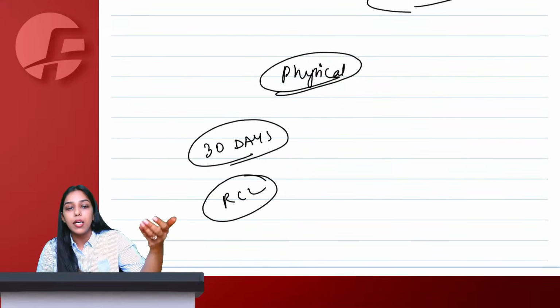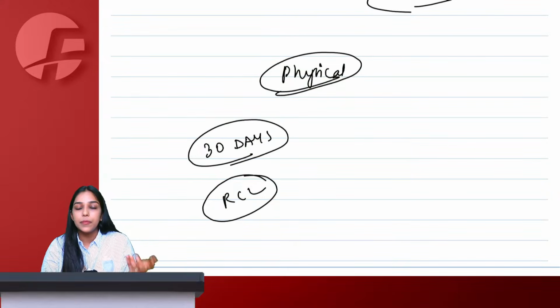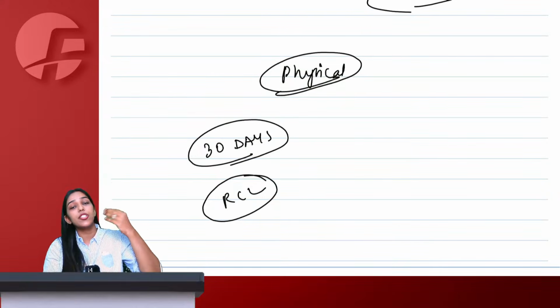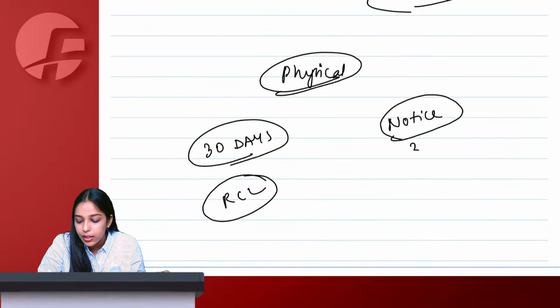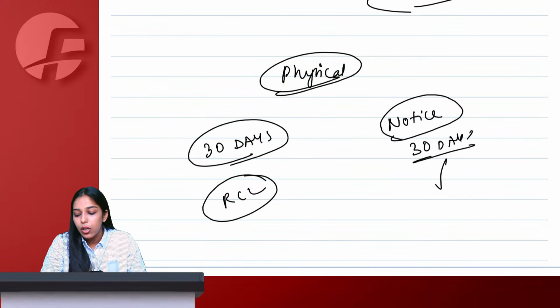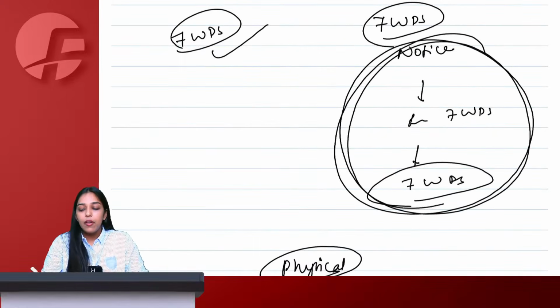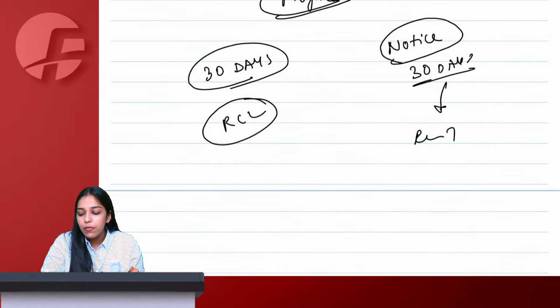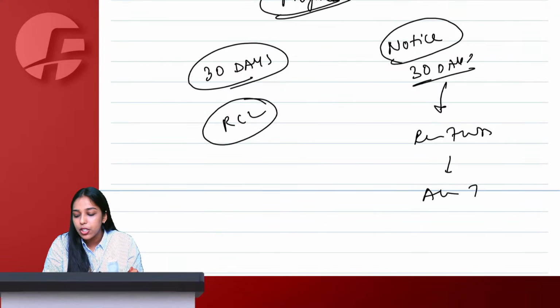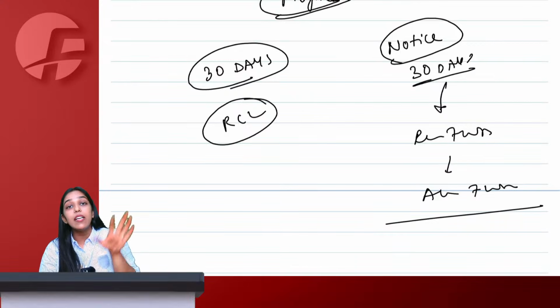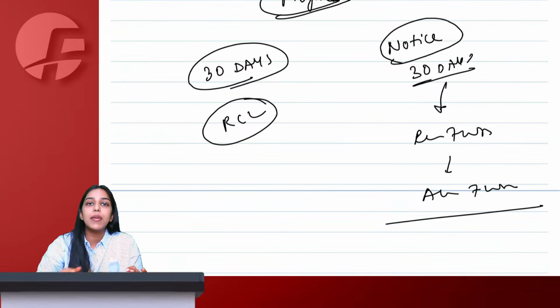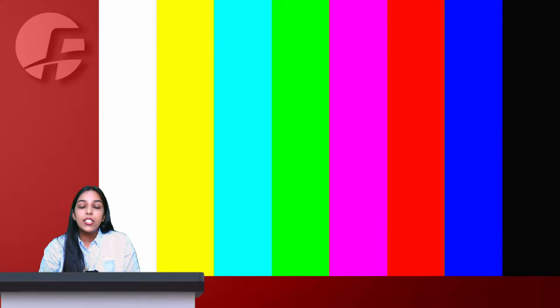If it is not possible to issue the registration certificate, if physical verification is done but there is some other deficiency, then you issue notice within 30 days. Now, once notice is issued, everything is the same. Once notice is issued, you reply within 7 working days. After your reply, the officer takes action within 7 working days. Everything is the same. Only the original limit of 7 days becomes 30 days because physical verification takes time, or if not physical verification, then on some other documents basis also we can give registration.